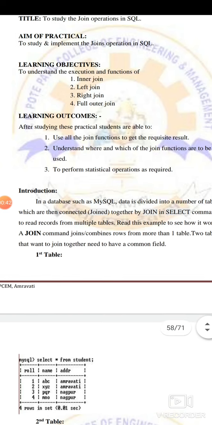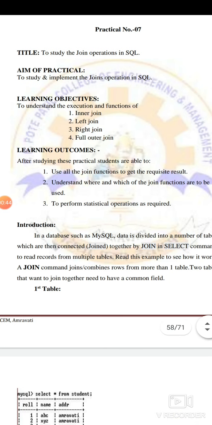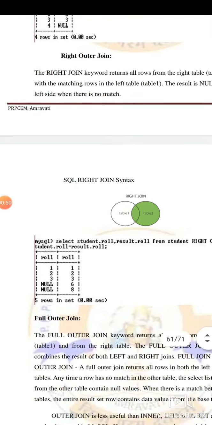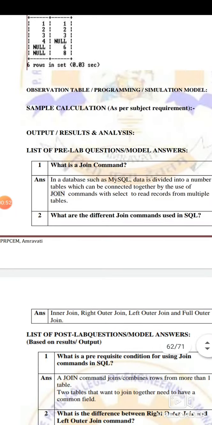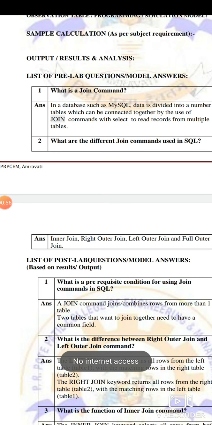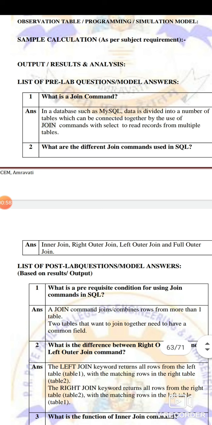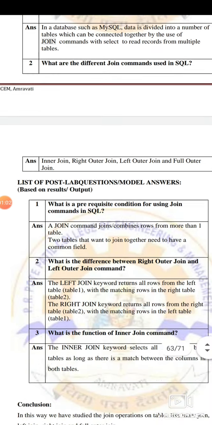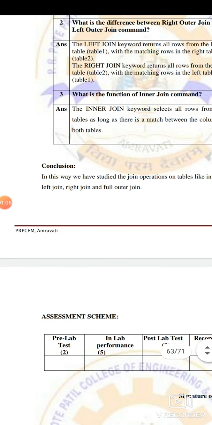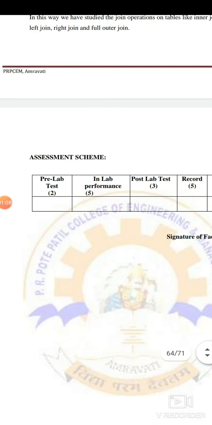So now we are going to see this join operation. I have uploaded one video, the first link, wherein I have explained joins in the right manner. You can go through that video, and through it you will learn the different join operations. After that you will have to answer some post-lab and pre-lab questions as we already do. As you go through the video, you will understand this join operation.